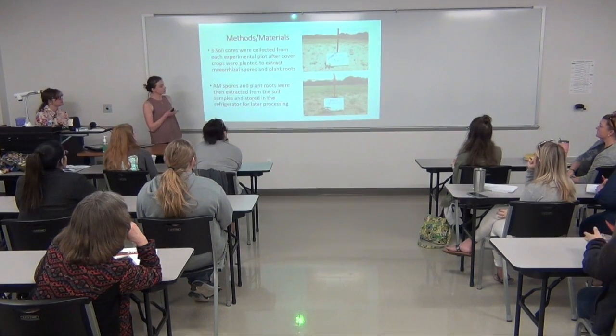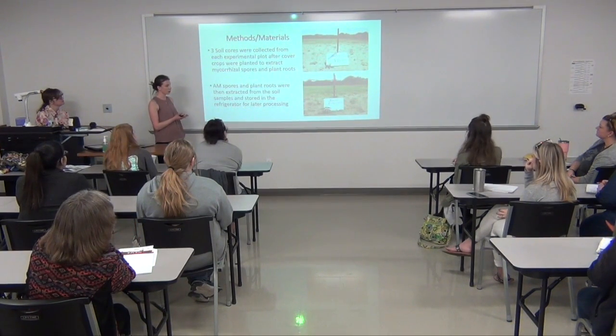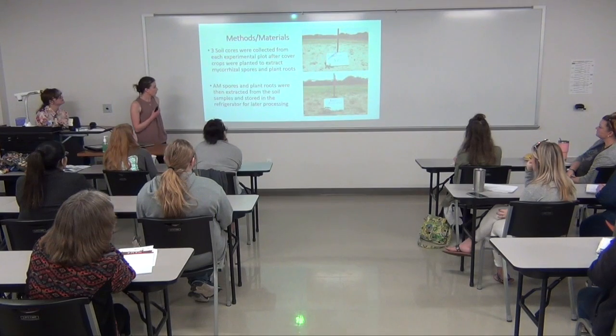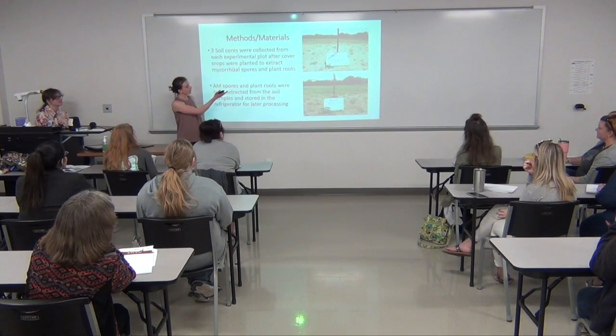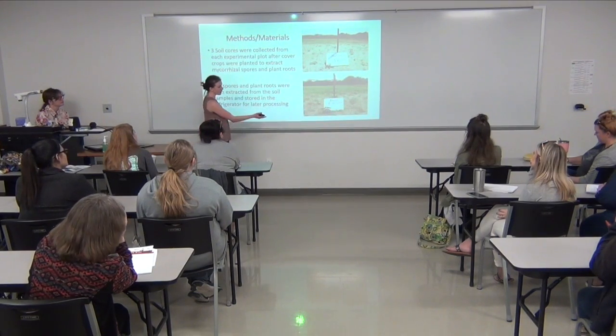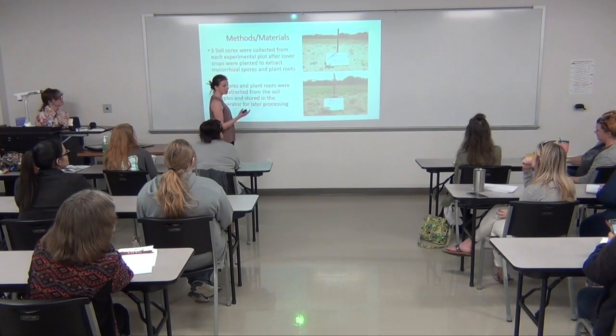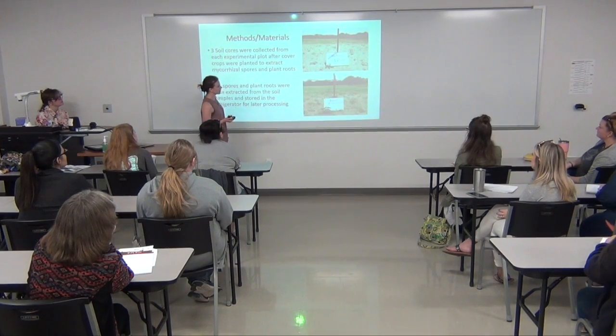So we collected 3 soil core samples from each experimental plot after the cover crops were planted. The arbuscular mycorrhizal spores and plant roots were then extracted from the soil, and the samples were stored in a fridge for later use. So here we have the native grass that was planted on May 26th, and barely over a week later, there's increased vegetation and no soil exposed, so it's better for